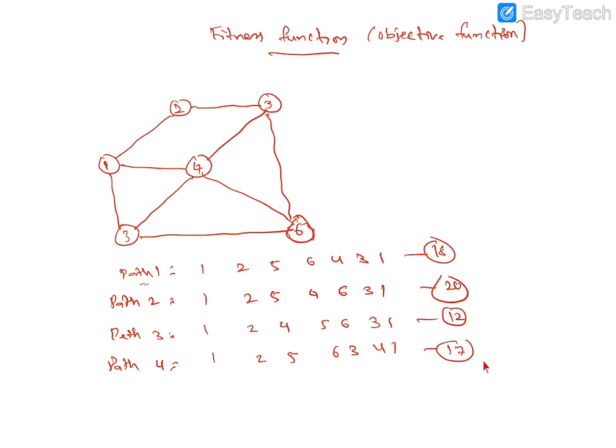There are 4 paths which are given to us. We need to find out what is the best solution method, in order to reach from the source place back to the source place again after visiting each and every node. So this is the problem we are going to consider.